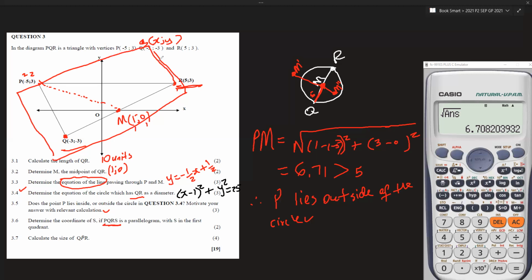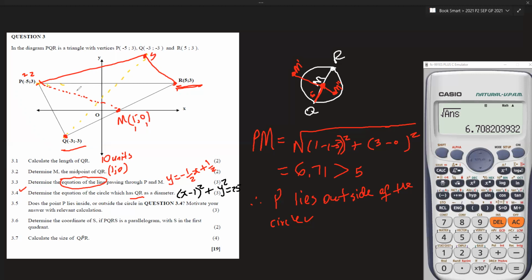Let me just go back a little bit. I want to draw a visual image of this. So I have something like this basically, and then my S is there. Now, if this is a parallelogram, remember the midpoint of QS must be the same as the midpoint of PR. It must be exactly the same. So I'm going to do the midpoint of